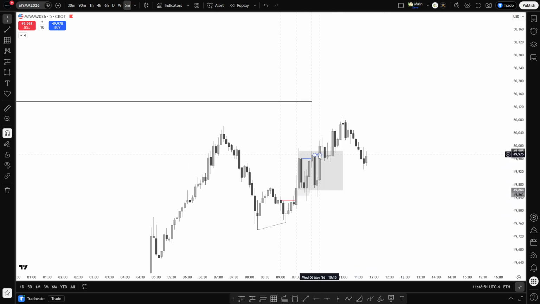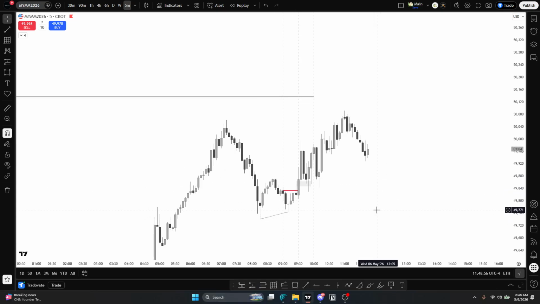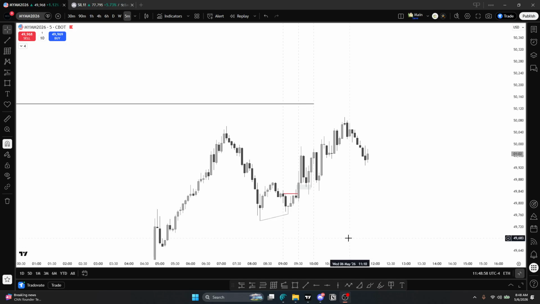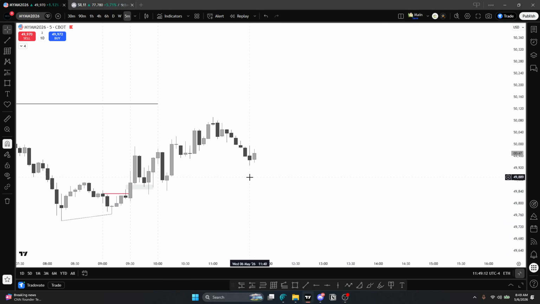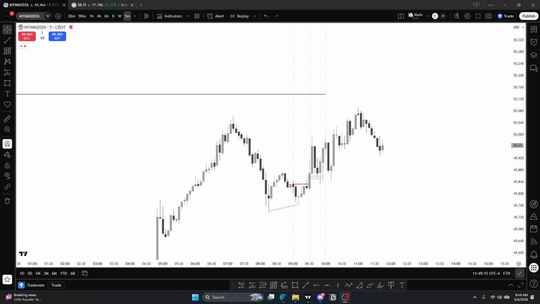So, anyways. Great learning experience, doesn't matter. Great learning experience, for sure. I'm not gonna beat myself up over it. It's only one trade, it's only one loss. All I have to do is find another 3R and wipe this loss out plus profit by 2R. So, yeah. I guess that's it.